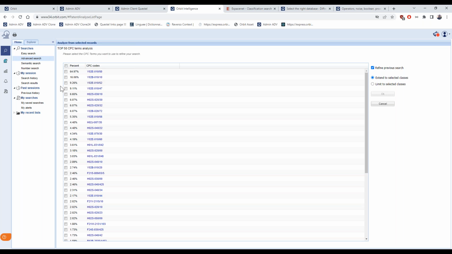So what will soon be available again is to select the classes that you would like to refine your search on. So let's say these three. Refine previous search, OK. You will then be redirected to the advanced search with these three values in it.